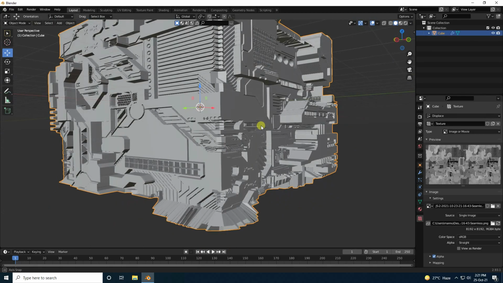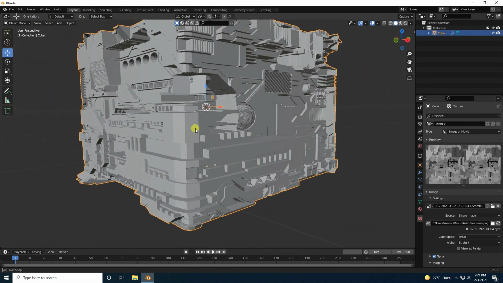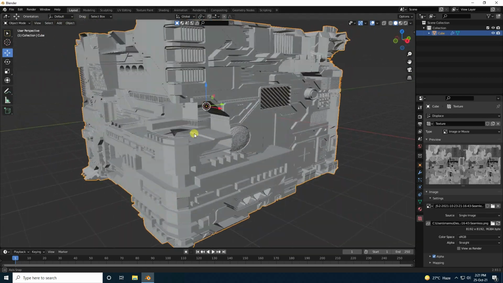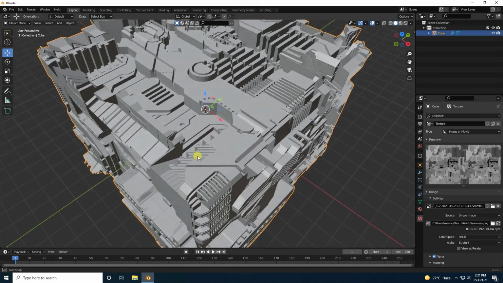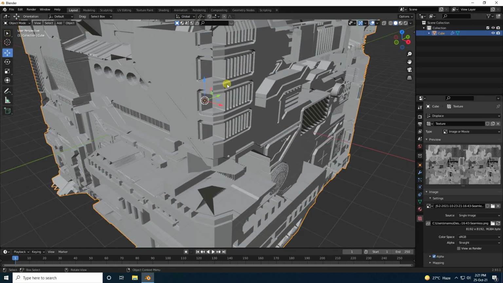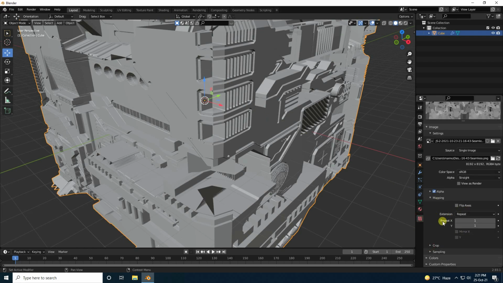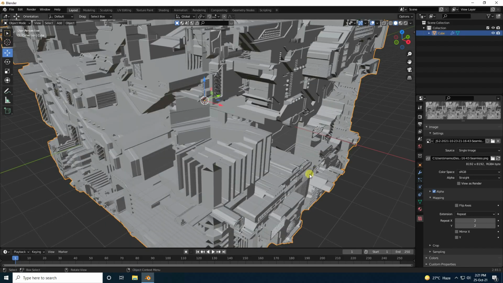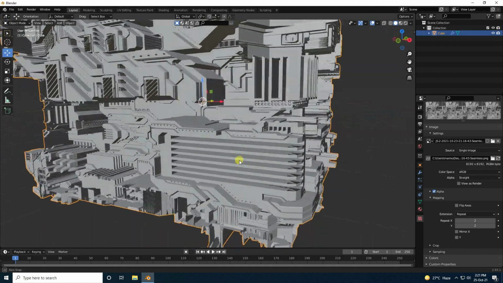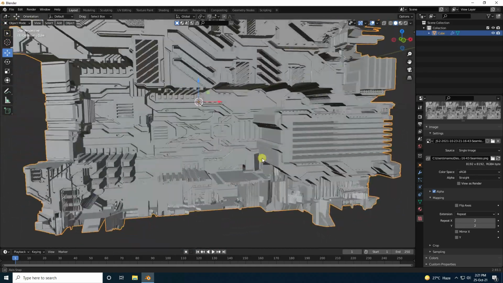Yes, see guys, that's really simple effect. See, it's really good, right? Okay, so guys, now also you can change UV. So guys, click on here, go to mapping and down. See guys, that's my repeat X, Y. So I like 2 and Y axis same 2. Yeah, see, it's really good, right?